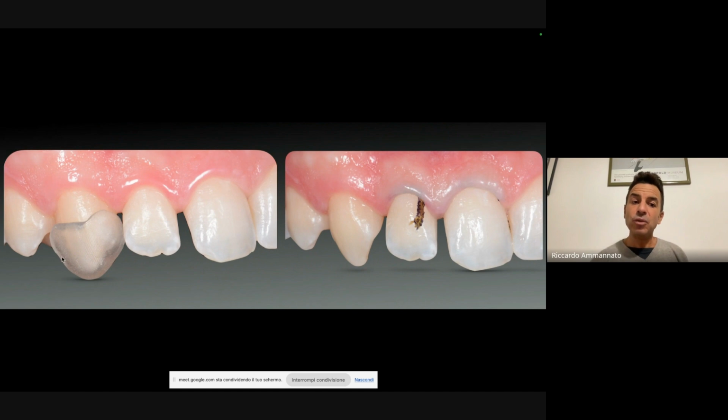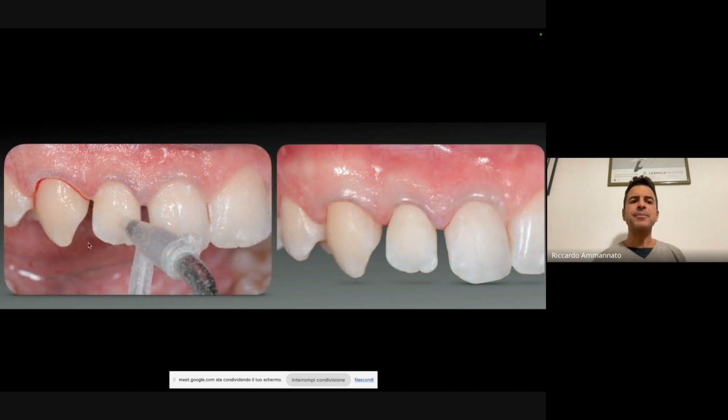We are also using, and we'll see this later on, 3D printed indexes. Conventional ones, like in this case, we use both the silicone ones plus the 3D printed ones. Okay, here I'm checking the interproximal on the upper canine.